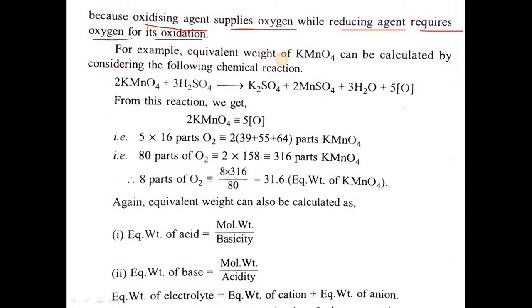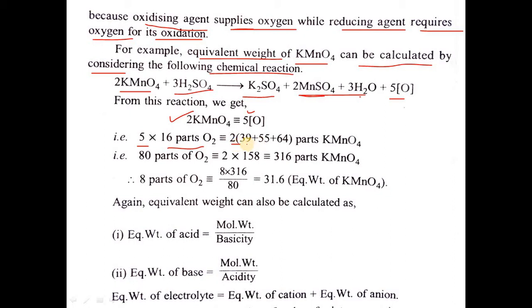For example, the equivalent weight of potassium permanganate can be calculated by considering the following chemical reaction. When potassium permanganate combines with H2SO4, we get potassium sulfate, manganese sulfate, water, and 5 times nascent oxygen. From this reaction we get 2 times potassium permanganate giving 5 times oxygen. So here 5 times 16 parts of oxygen combines with or gives 2 times